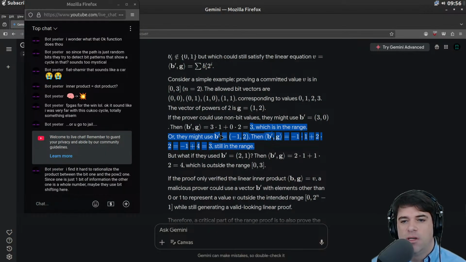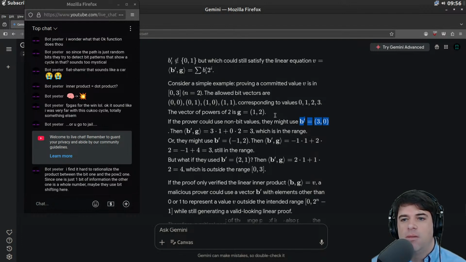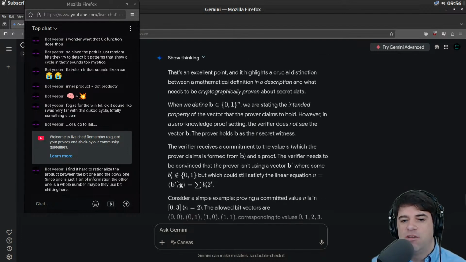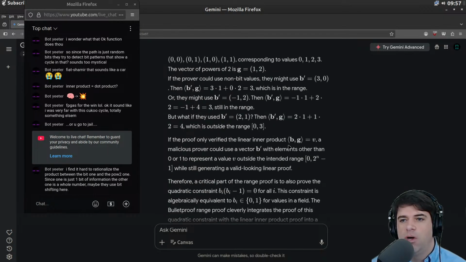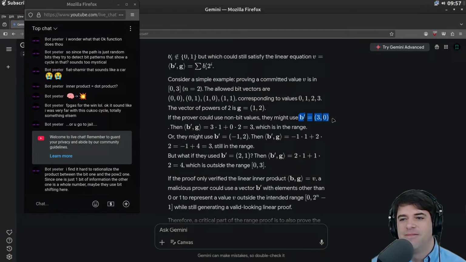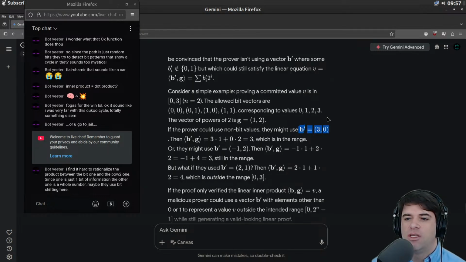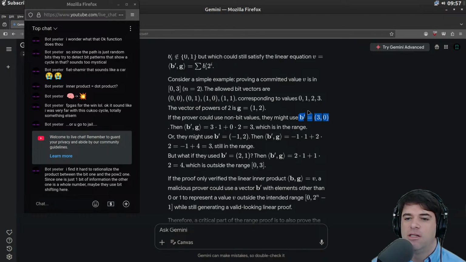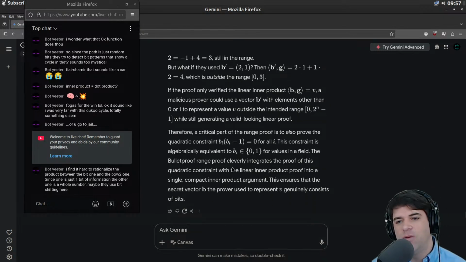Or they might be using B prime equals negative 1, 2. So it's not that being a string of bits is a constraint on B. Whatever the type of B is, it's really like bytes or something, and we want to ensure that each byte is 0 or 1, rather than literally being a string of bits, I guess is maybe one way to think of it.